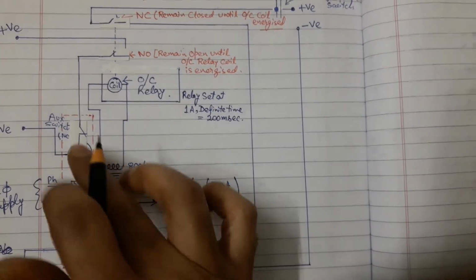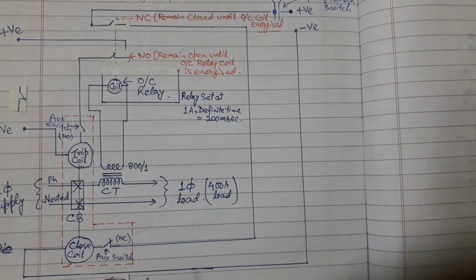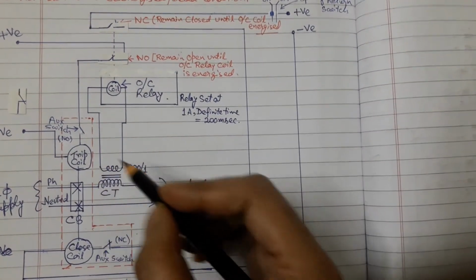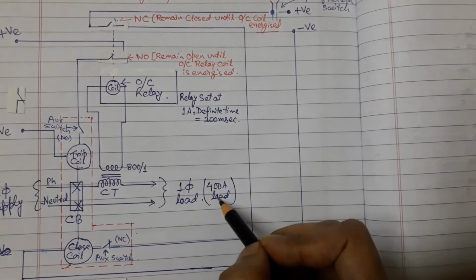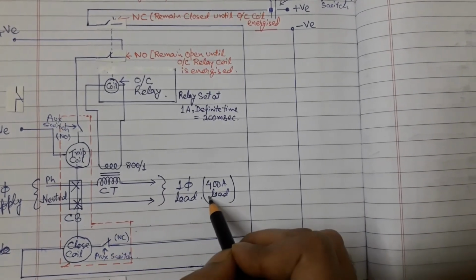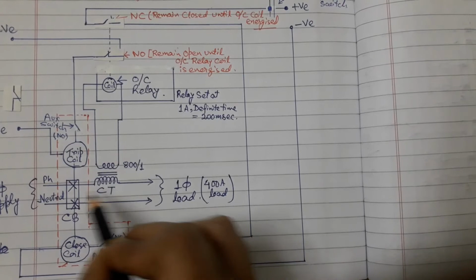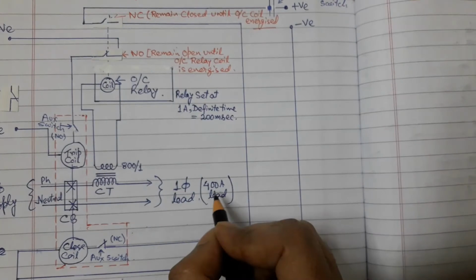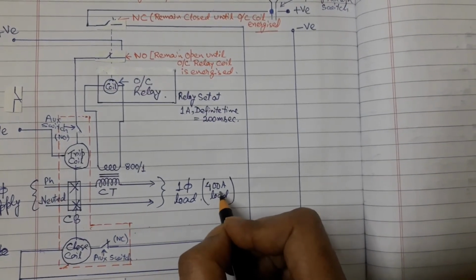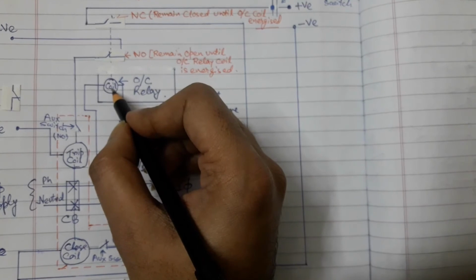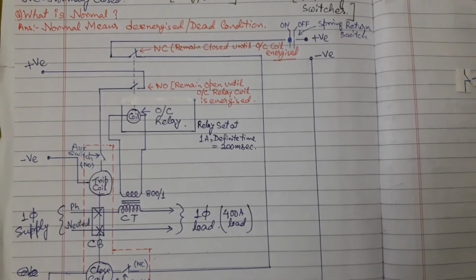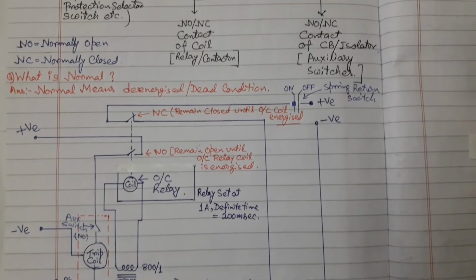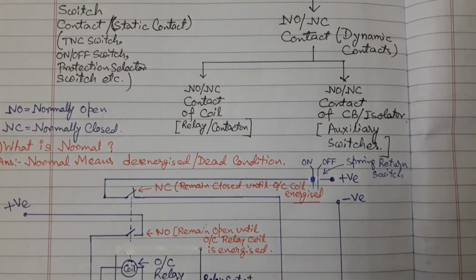When the breaker trips, then the status of these two contacts obviously will change, and as the breaker is now in tripped condition, the fault current will no longer go through the circuit breaker. Then the load current or fault current is 0 ampere. So this relay coil will again be in normal or de-energized condition. So the status of these two contacts will again change. This is the basic protection and control circuit of a circuit breaker. Hope you understand this topic and thank you for watching this video.